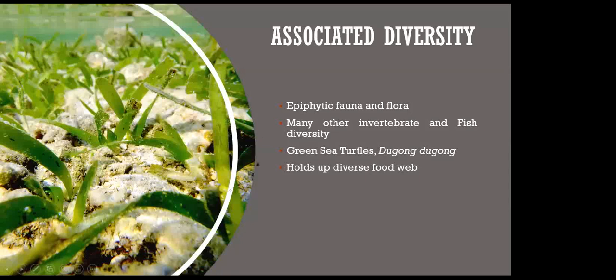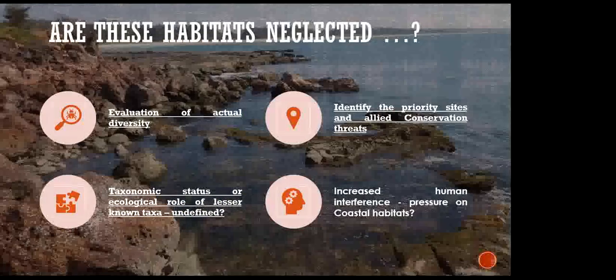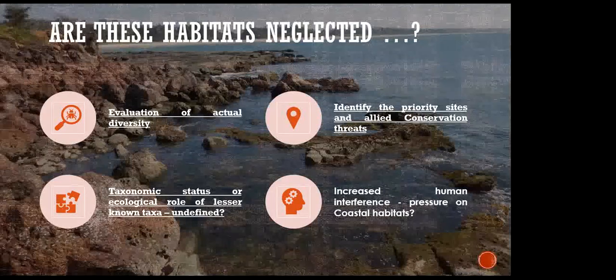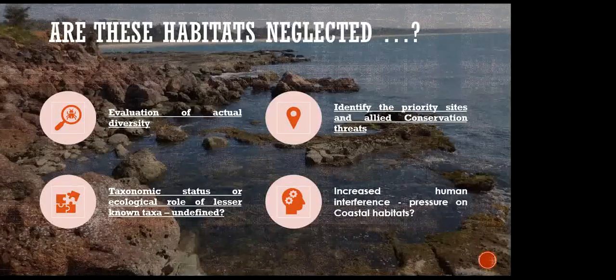Along with this vegetation, there are also associated floral and faunal species. But most importantly, the green sea turtle and dugong prefer these patches because they feed on seagrasses. So we have learned about the coastal habitats, what the physical structures are, and what the differences in the physical structures are, from the rocky shores to loose substratum like sandy shores or the swampy areas of mudflats and the seagrasses.